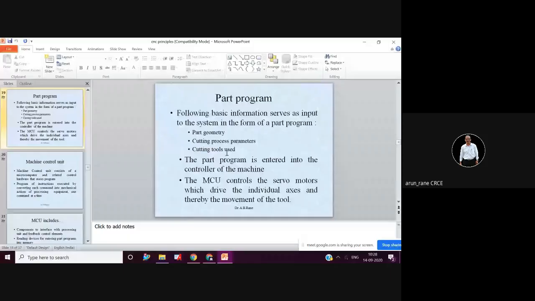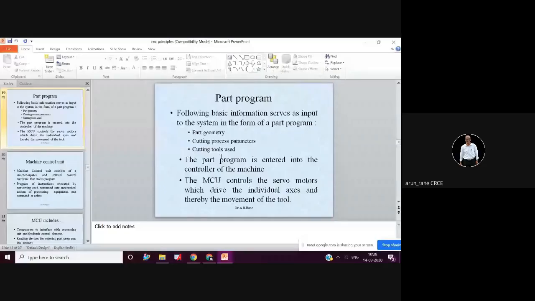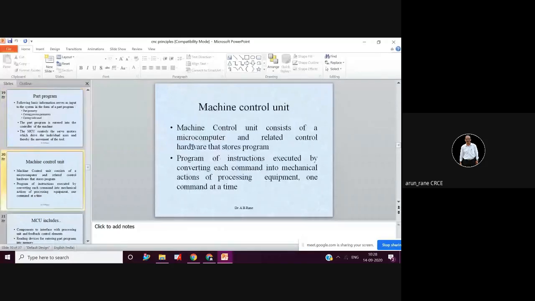So part program is nothing but it consists of part geometry, then cutting process parameters, that is speeds, and what cutting tools you want to use. Machine control unit is nothing but your dedicated microcomputer and its related hardware.